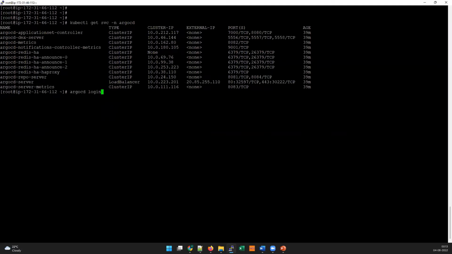So to log in, we have to give argocd login and the server details. If you're using a domain name or SSO, this case will be different. Please use the appropriate options. If you're using a domain name, please give the domain name here, and that will allow you to log in. Or if you're using SSO, you have to add the SSO option, and it will take you to the